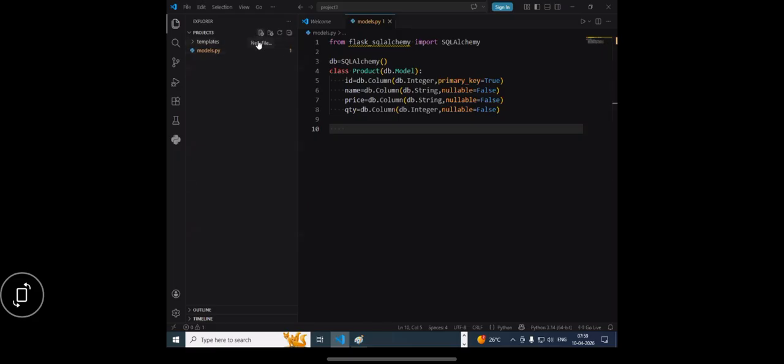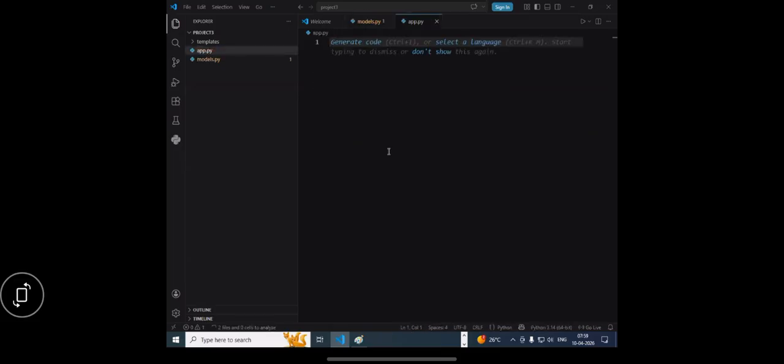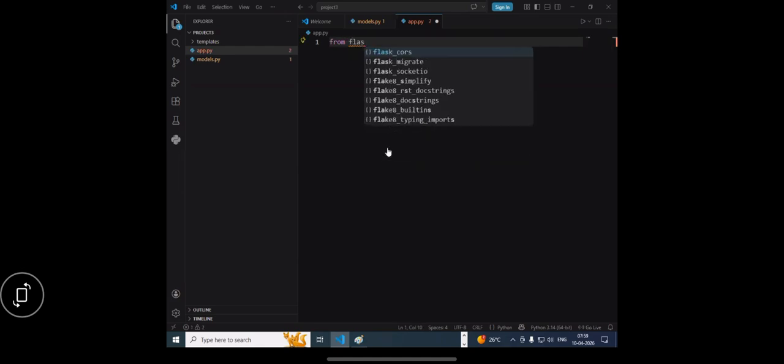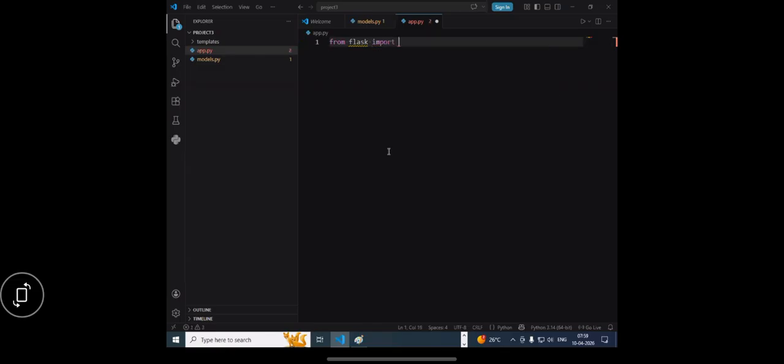create an application. This is your application. application.py. Now from Flask module, from Flask module import... From Flask import, I'm trying to import the class called Flask, and I'm trying to import